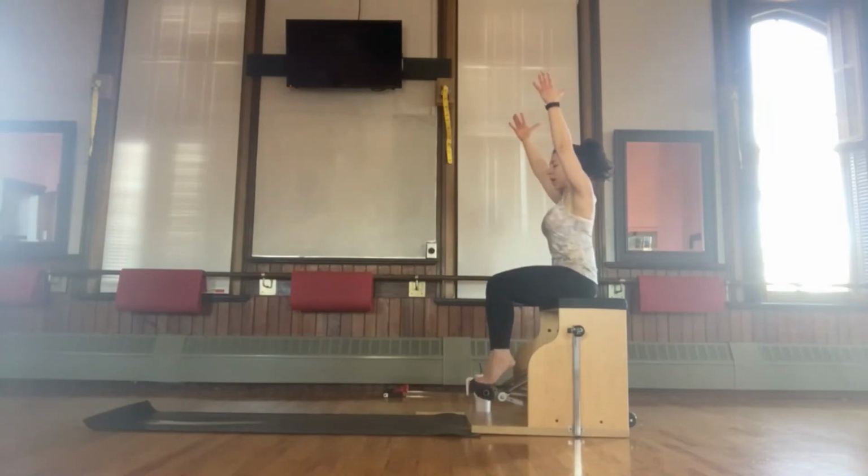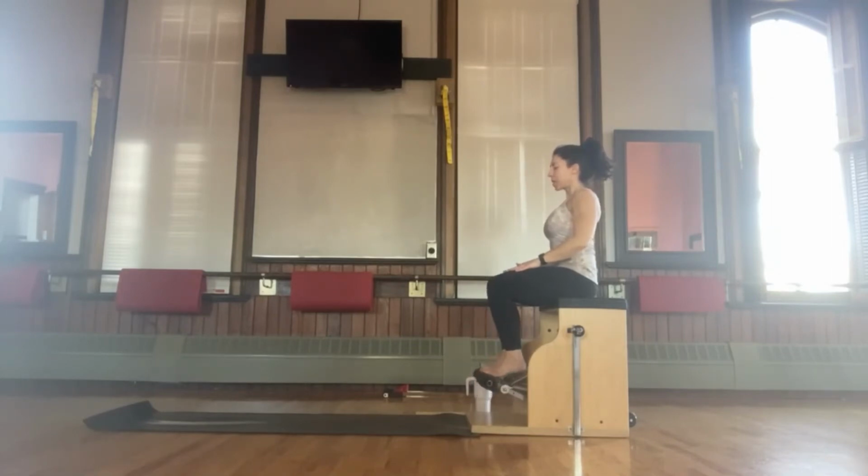Bring your thighs parallel to the ground. Hands to the thighs to remind them to stay steady. Flex both feet, thighs don't move. Point both toes, thighs don't move. Good, flex both feet, point both toes. Doing my best to still keep my spine nice and tall and quiet, and to move both pedals at the same rate. Good, 5,